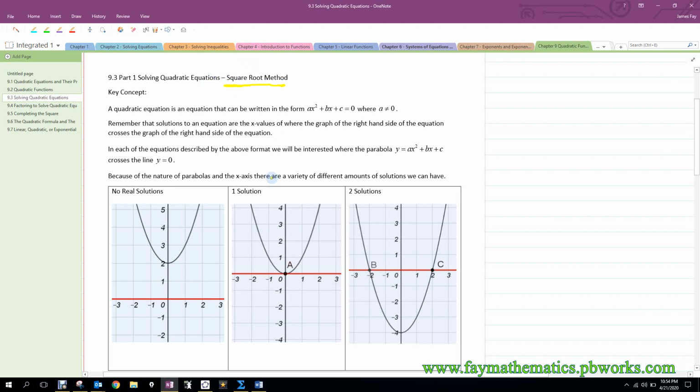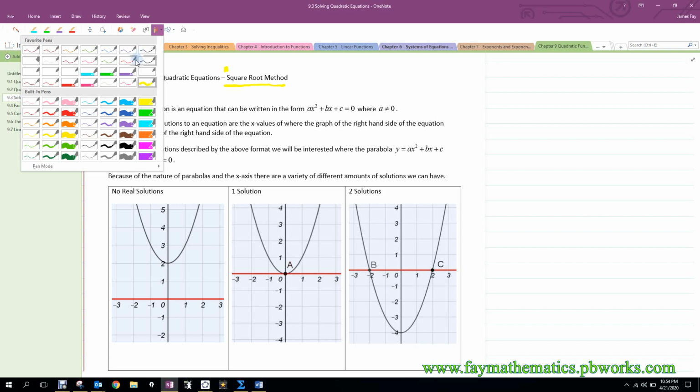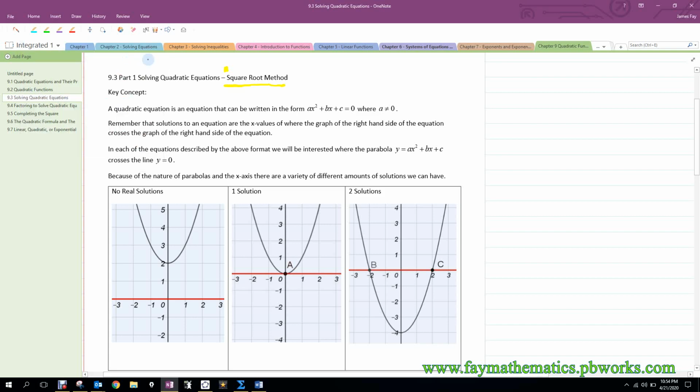Okay, just a couple key concepts that we need to cover before we really get into that method, and these topics here cover ideas for all quadratic equations. When we use this method, we're only going to be using it for a select few quadratic equations. Okay, so just remember a quadratic equation is an equation that can be written in the form